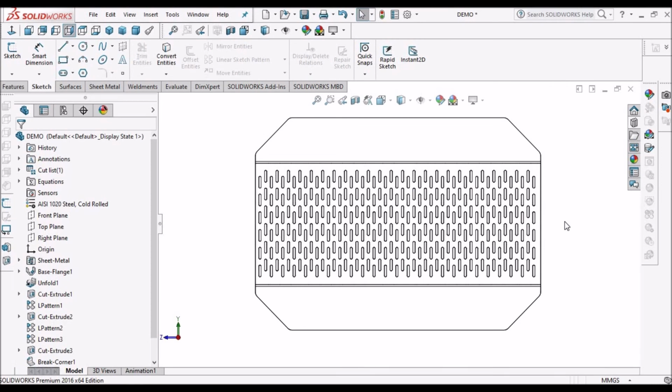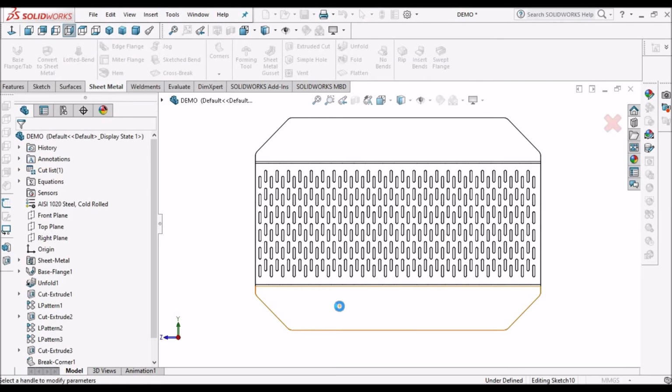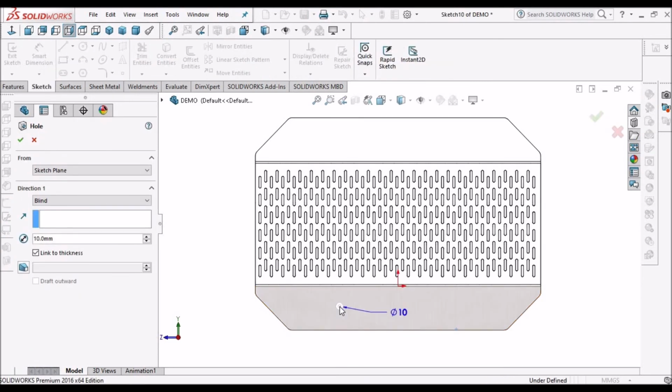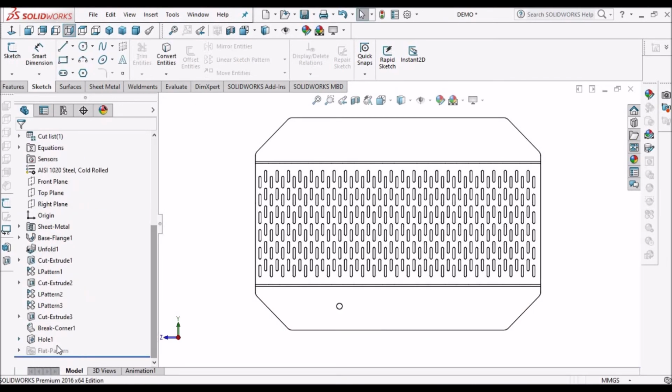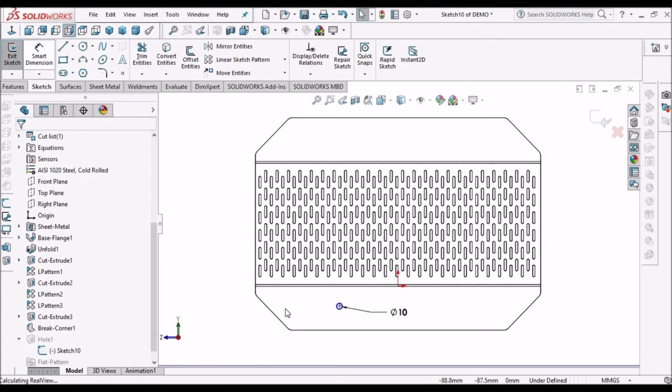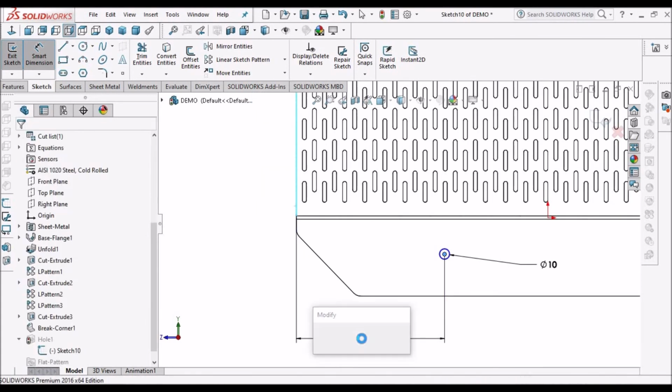So now we have to create holes. Go to sheet metal, select simple hole, select this face, say OK. Now go to sketch. This is 100.